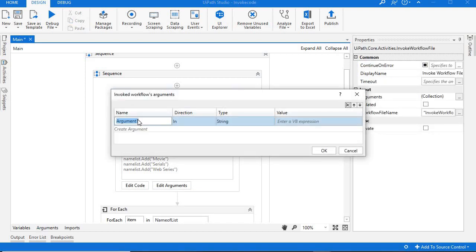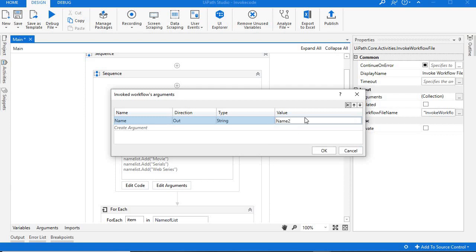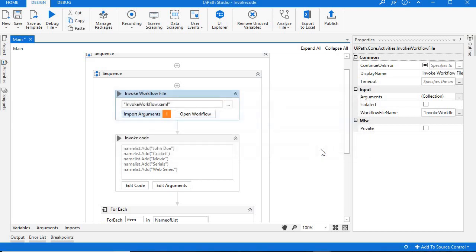Import arguments. Basically this is out, so direction should be out. Type string. Value is name2 as we have declared in this main workflow. Just click OK.